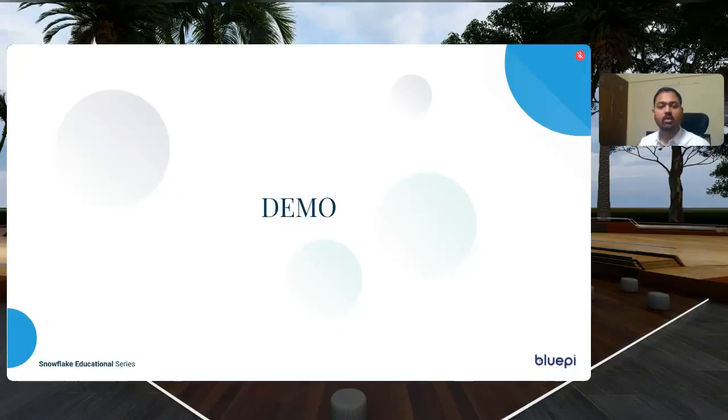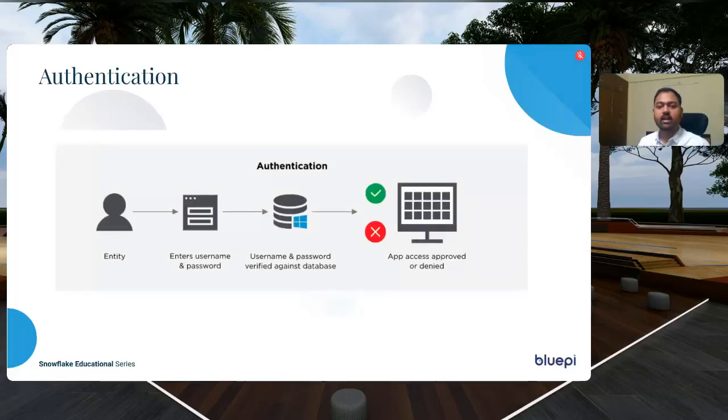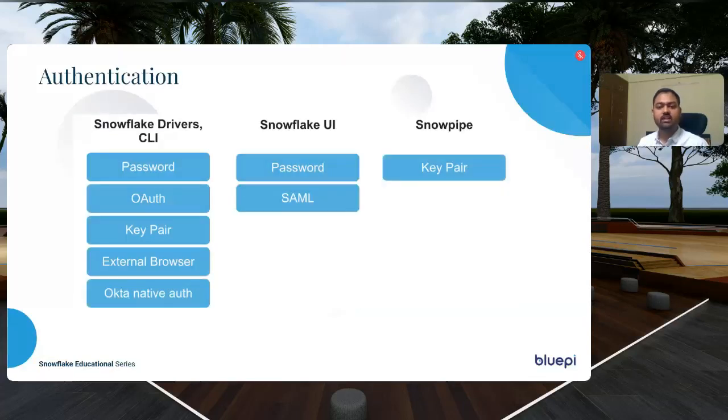Let's move on to slide once again. Since we have checked how access control frameworks are being achieved in Snowflake, let's talk about authentication. Authentication is a process of recognizing a user's identity. It is a mechanism of associating an incoming request with a set of identifying credentials. There are many ways in which we can achieve